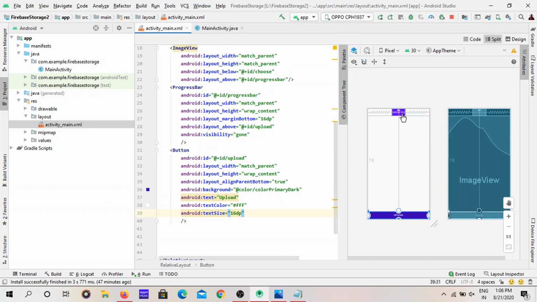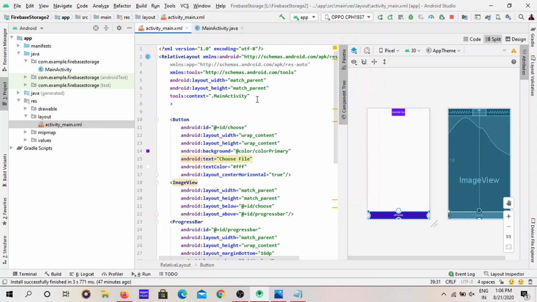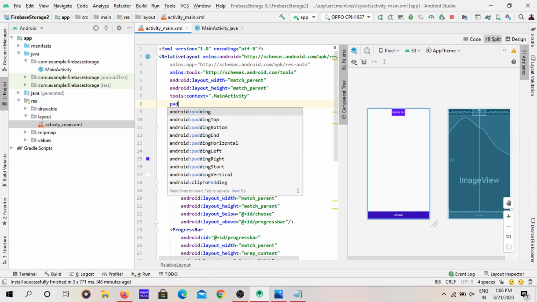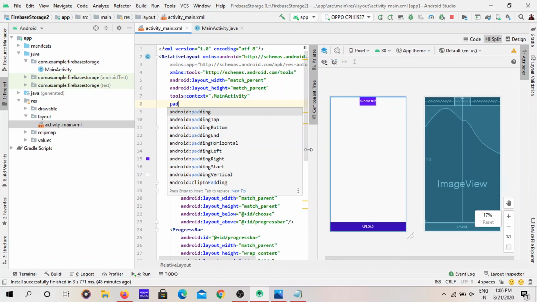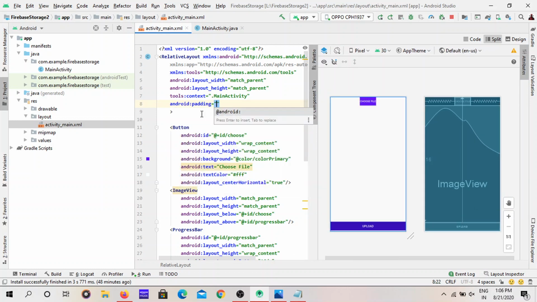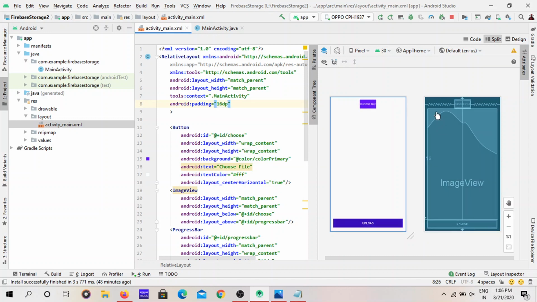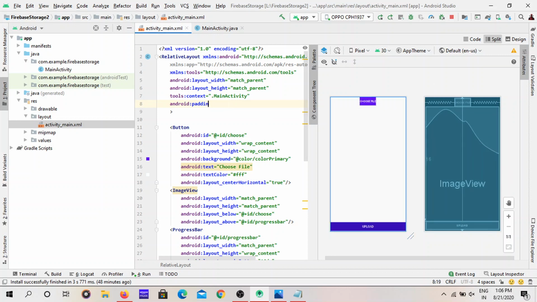One image view, one choose button, and give some padding. See, when I am giving this padding, you can see the effects in this layout. Watch carefully. Padding 16 dp. See, here you can see in this view the effect of padding.